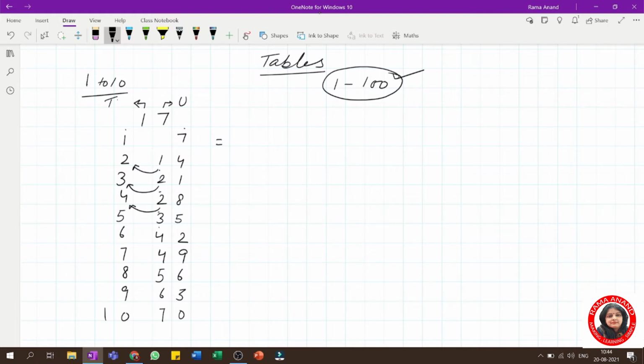So firstly, just write 1 as it is, 7 as it is. So it is like this. Second, out of this 14, just write 4 over here and this 1 will move forward to this 2. So 2 plus 1 is 3. Out of this 21, I will keep 1 over here and move this 2 forward to the next digit, which is my tens digit. So 3 plus 2 is 5. Out of this 28, I'll just write 8 over here and move this 2 to the next digit, which is my 4. So 4 plus 2 is 6.